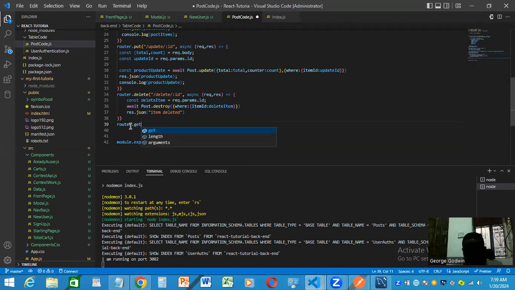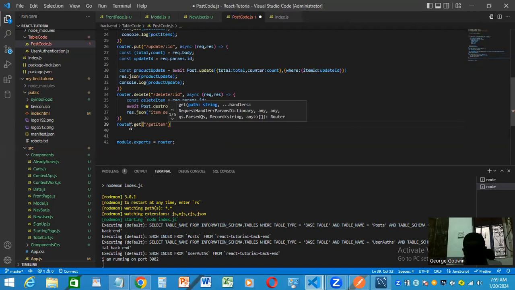Router.get. I'll call it get item. Then I'm going to use an async function, async, and I'll also use